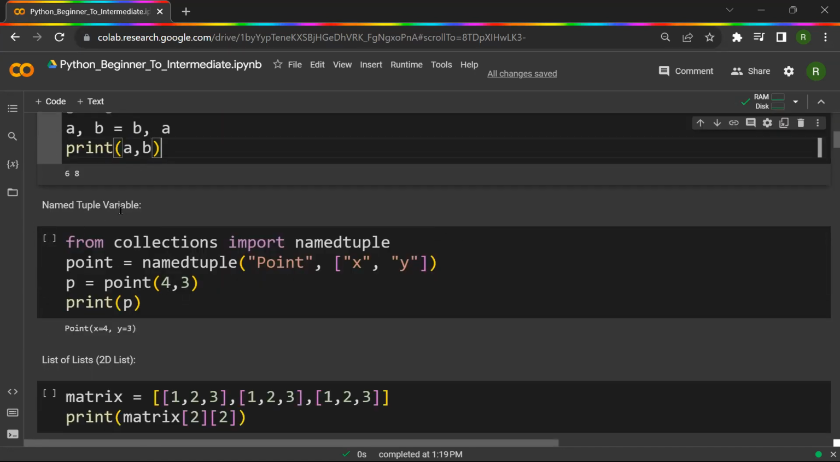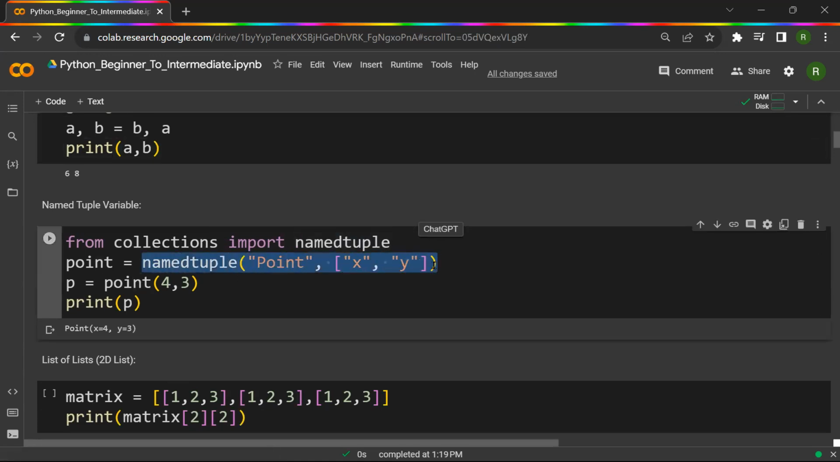Now, name the tuple variable. It's just a function that I have used. If you want, you can also use this kind of format where you will get the values of all those things in this